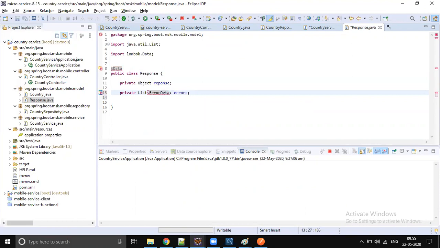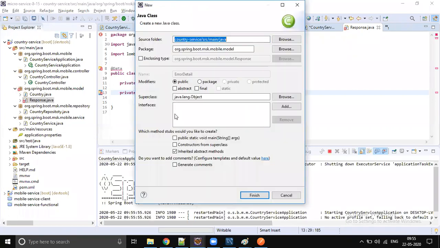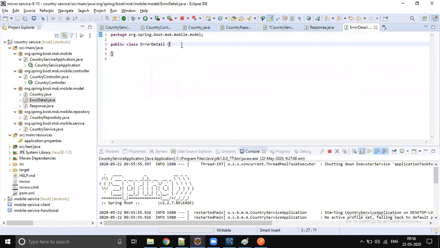Let's create one entity called ErrorDetail, in the model itself. This ErrorDetail is going to have two parameters. One is int code, and a String message, the error message.